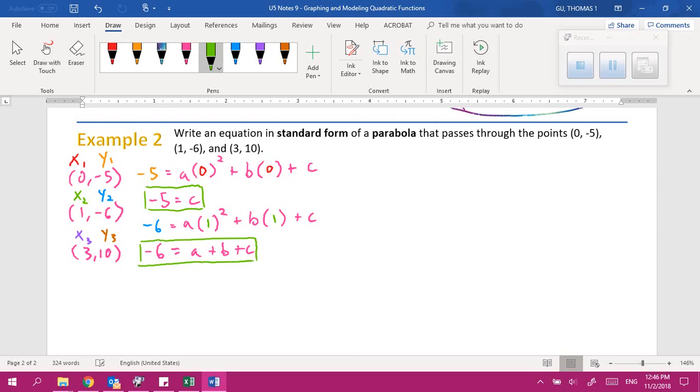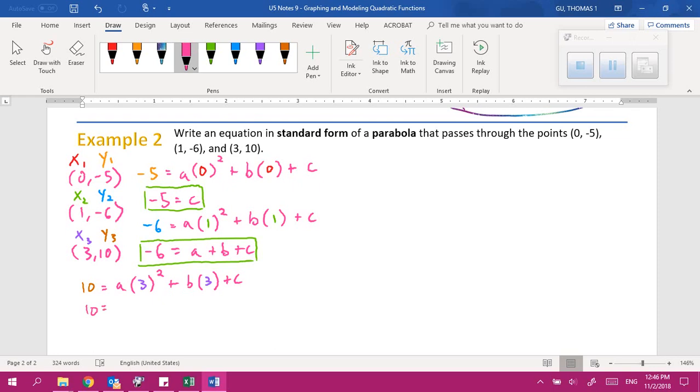Third equation is going to be 10 equals a times 3 squared plus b times 3 plus c. That's right. And so if I simplify this last equation over here, it's going to be 10 equals,